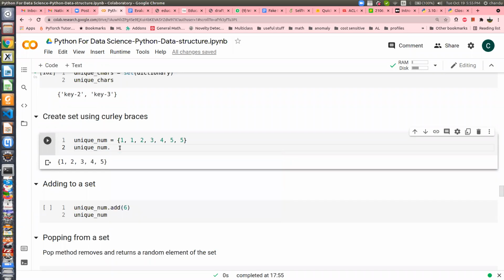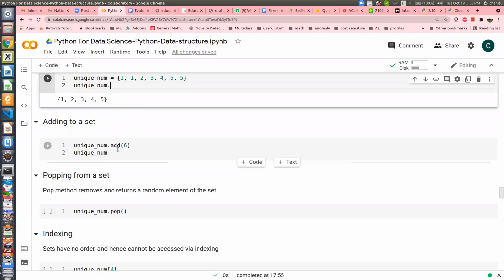I will leave it to you to explore the different methods. Not all mathematical operations, maybe, but many of those done in mathematics, like set union, intersection, and set difference, are implemented. So you can explore on your own.